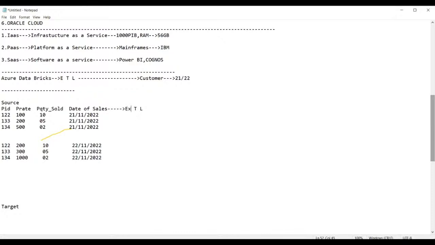ETL stands for what? Extraction. Let us see how the extraction is done here. The first process of extraction is where you have to pick up. Do we require the product ID to find out the net sales amount of the day?